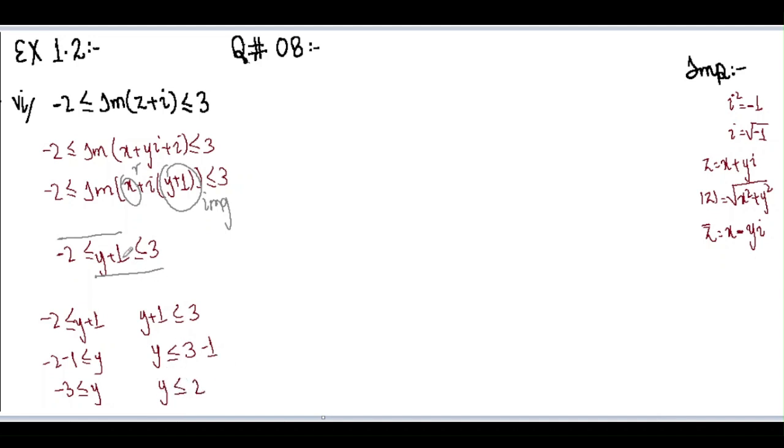So now we are going to put this value over here, y in the center, and then this sign, and on the left side of the sign we get minus 3. Then we are going to draw this sign over here, and on the right side of the sign it is 2. So writing 2 over here we get the answer. This is our answer. Thank you so much.